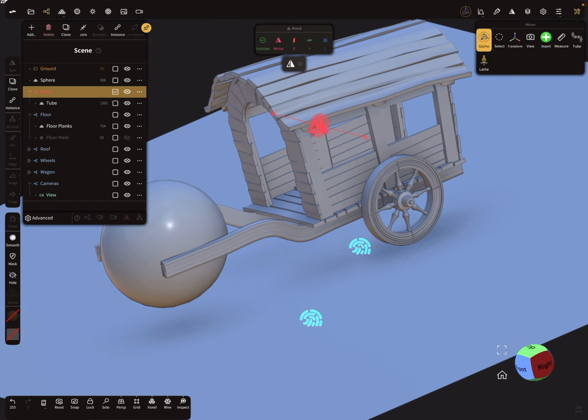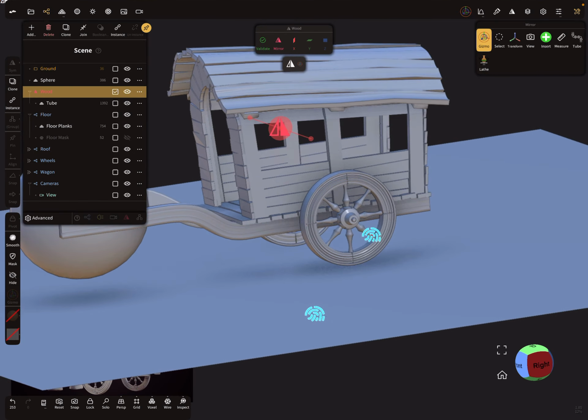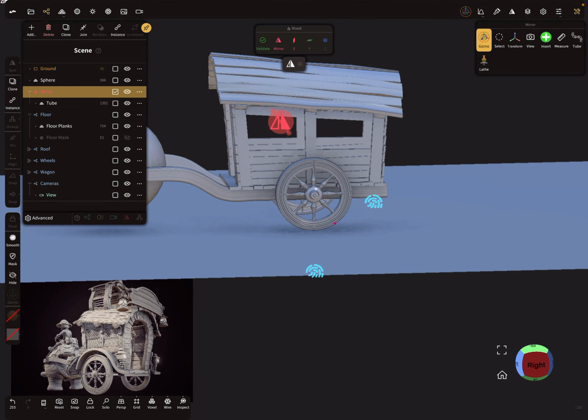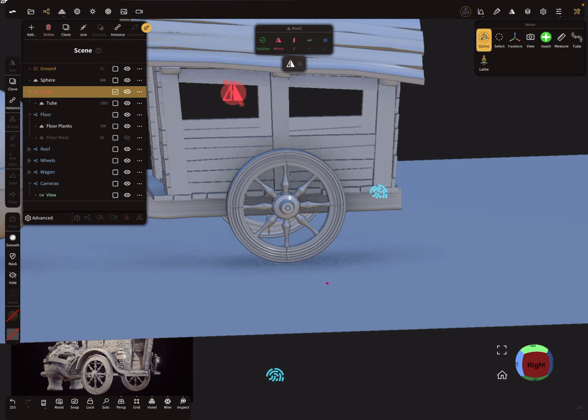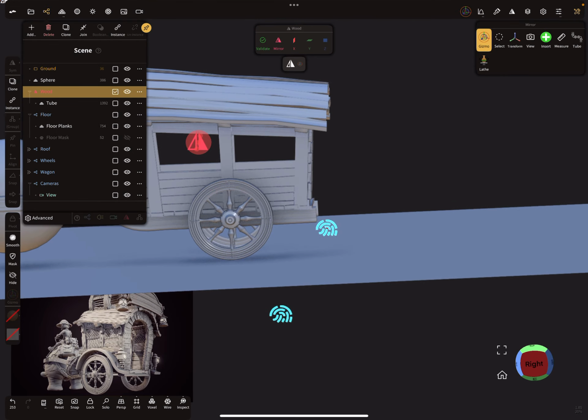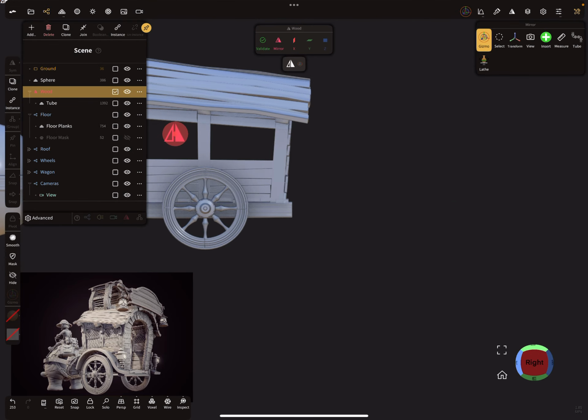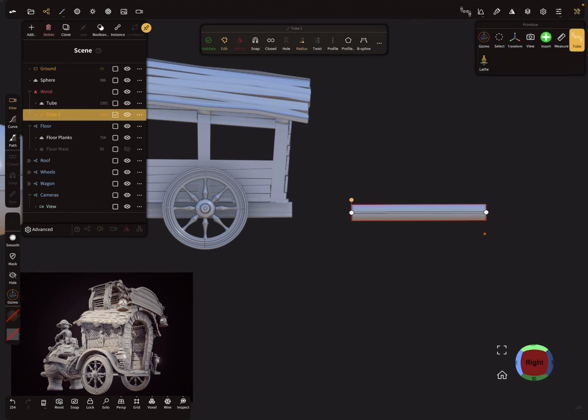Okay, so the next thing is, I think we need here the fender. So I use another tube, use a path without snapping, and so I draw only a straight line.